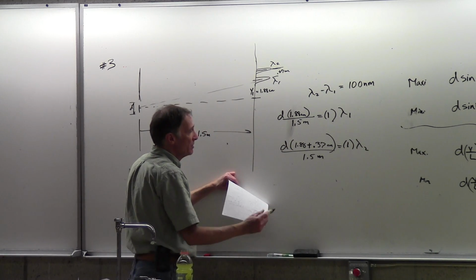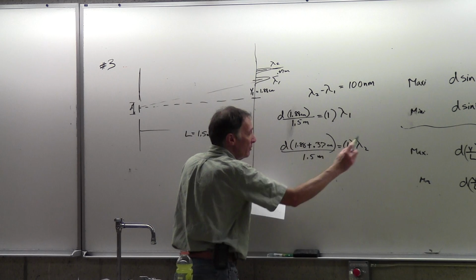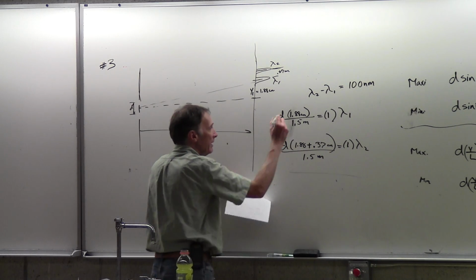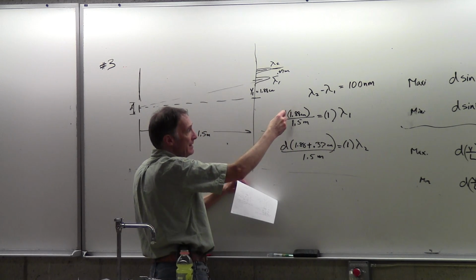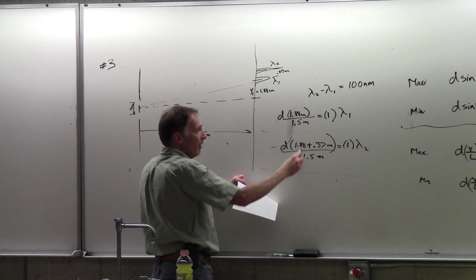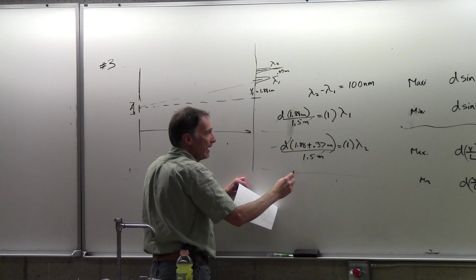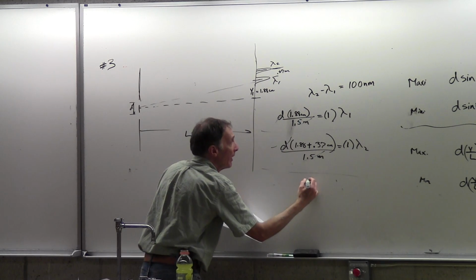Now what I can do is just take and divide these two equations. So dividing these two, the d's can cancel. Also the 1.5s can cancel. So I could end up with